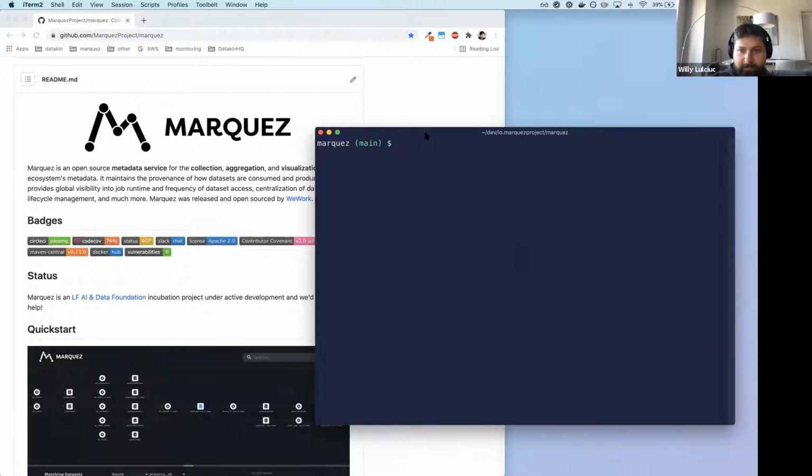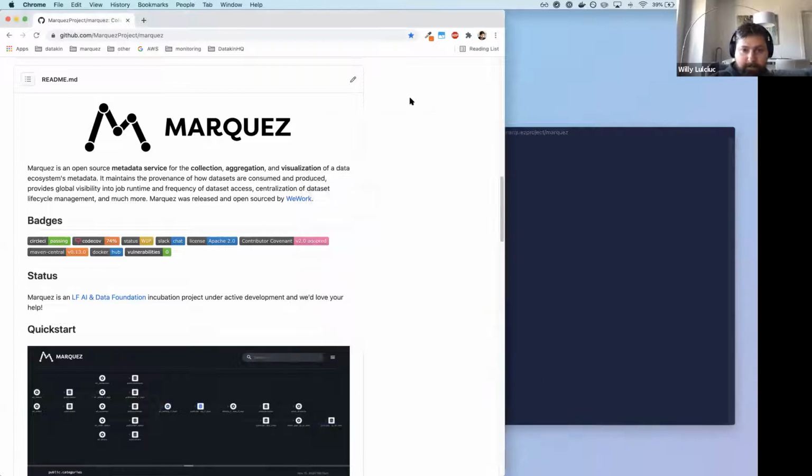All right, welcome everyone to another Marquez community meeting. This one's going to be pretty exciting. I know I always say that, but this time we have some pretty cool stuff to demo. In particular, the Lineage API that allows you to query job and dataset metadata that made it into the Marquez 0.13